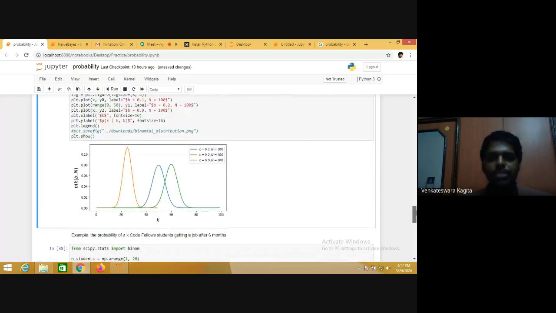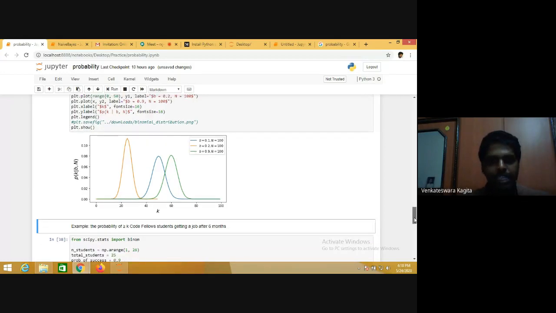Something went wrong, but usually the case is that if the probability of success is very low, then it is biased towards the left. If the probability of success is very high, it is biased towards the right. And if it is equiprobable, then it will be a symmetric one. It means that around the mean value, most of the values will be spread. That you will see later, but I don't want to waste time checking that.